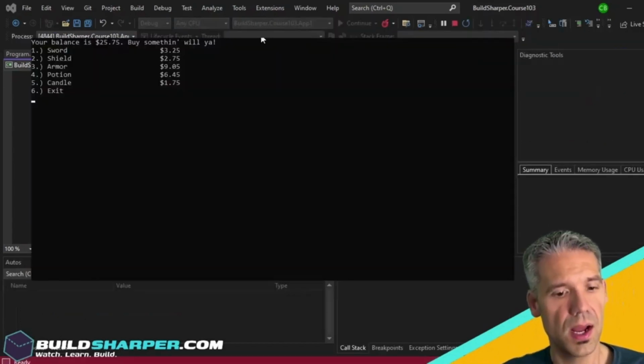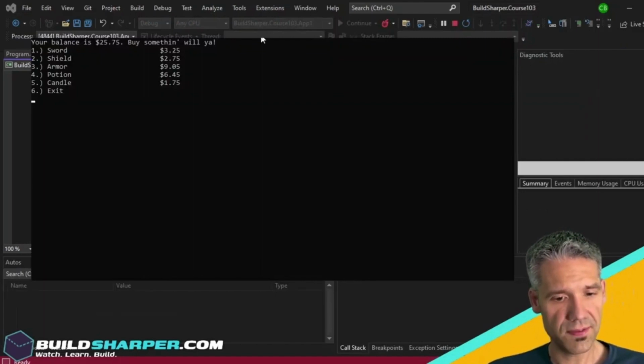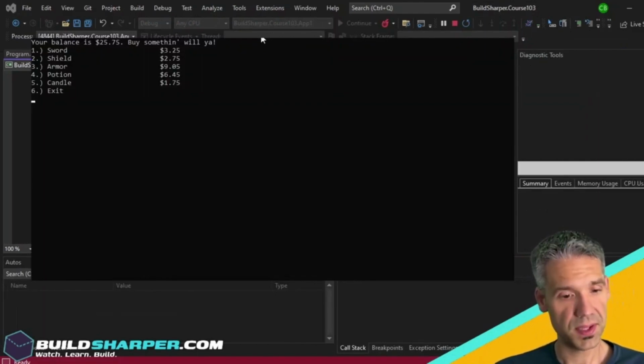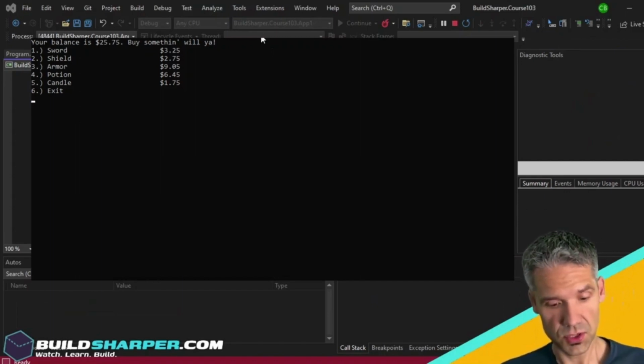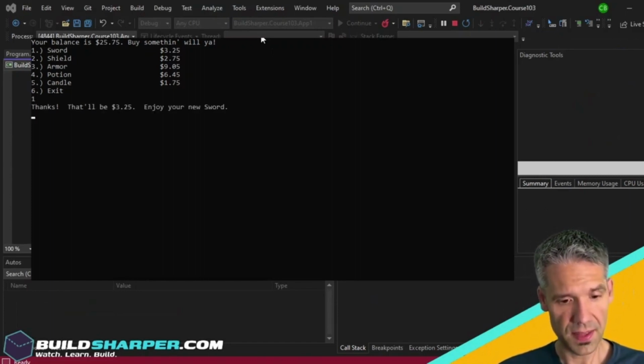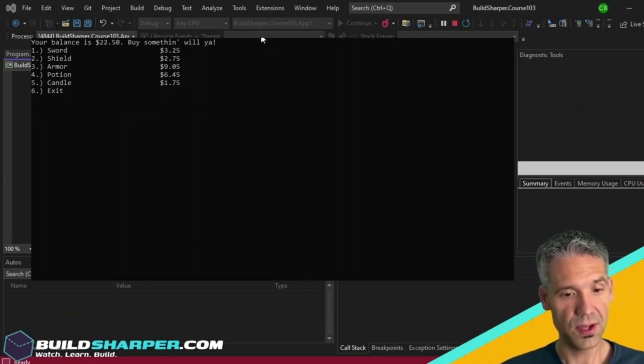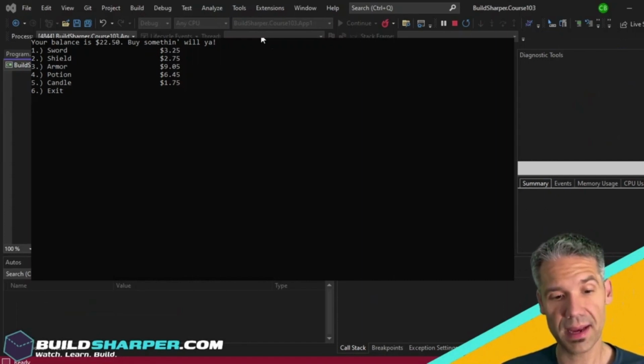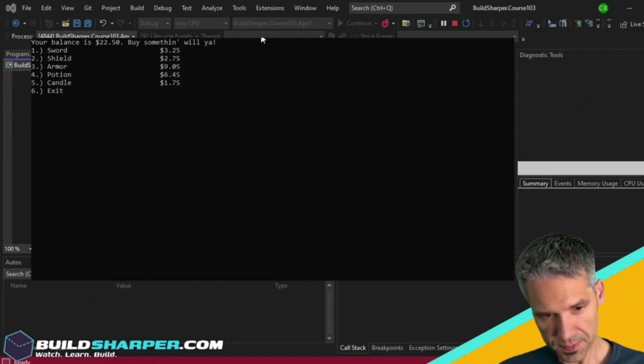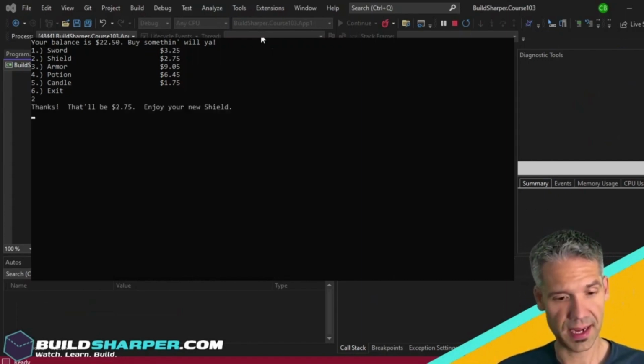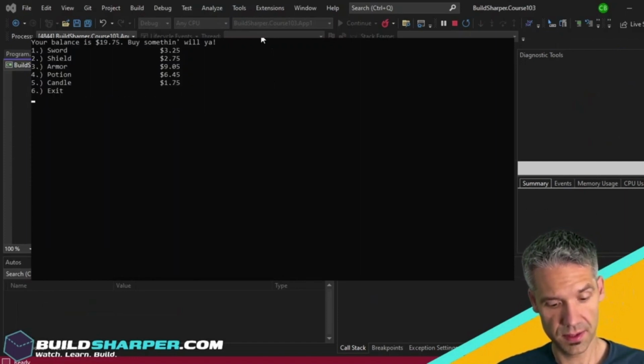Okay, so your balance is $25.75. Buy something, will ya? I can buy a sword, shield, armor, potion, or candle, or hit 6 to exit. So let's say we want a sword. So I'm going to do 1, enter. Thanks, that'll be $3.25. Enjoy your new sword. And now if I press enter, it'll refresh the screen. Now my balance is $22.50. And we can continue, and I can buy a shield and